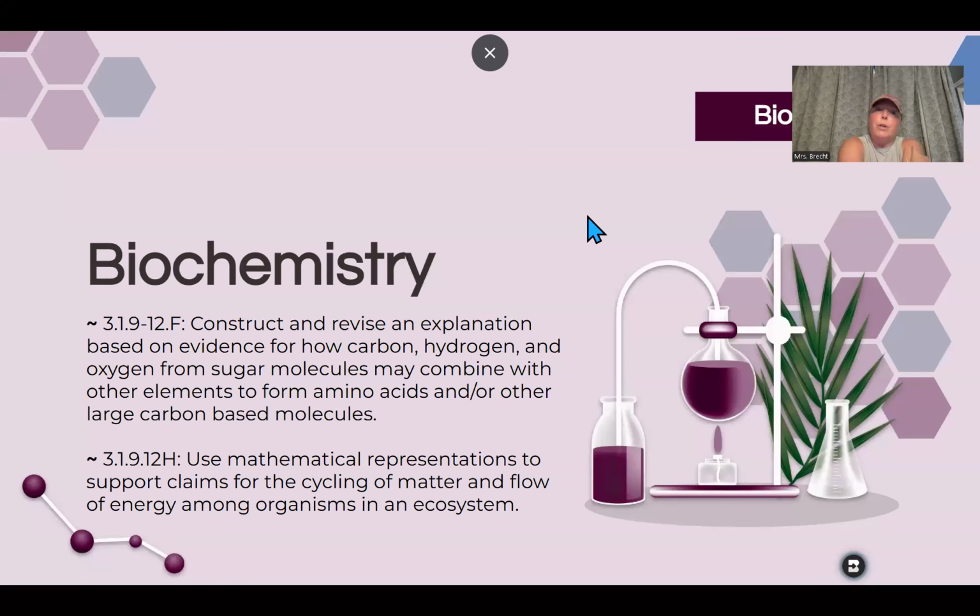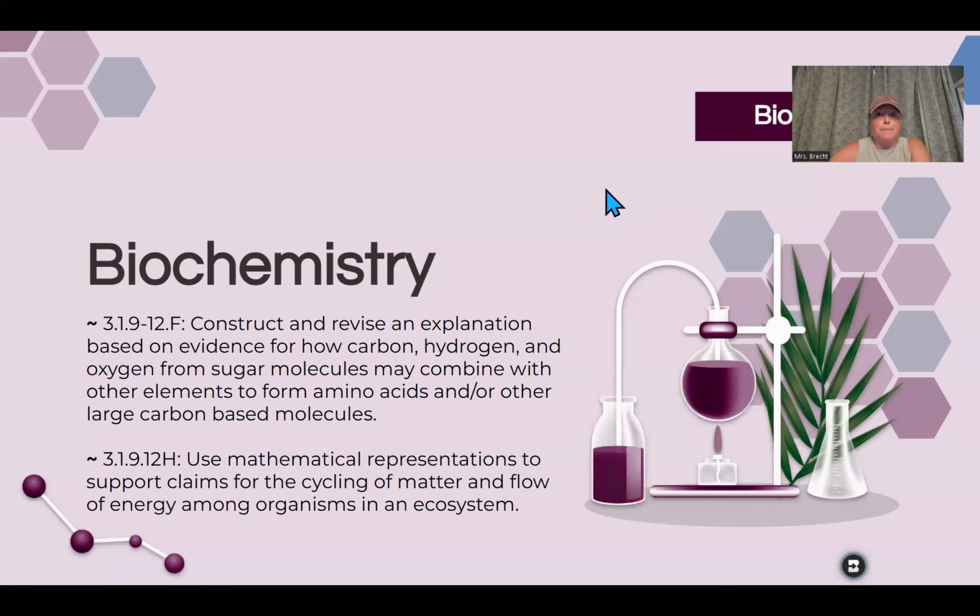Okay, so our next unit is biochemistry, and the focus of biochemistry is to understand how certain elements, specifically carbon, hydrogen, and oxygen, are going to help to form the molecules that we need to survive. And we're going to use a variety of things. We're going to look at models, we're going to look at what we call mathematical representations, but we're going to look at how all of these elements get put together to make these macromolecules and then where they go